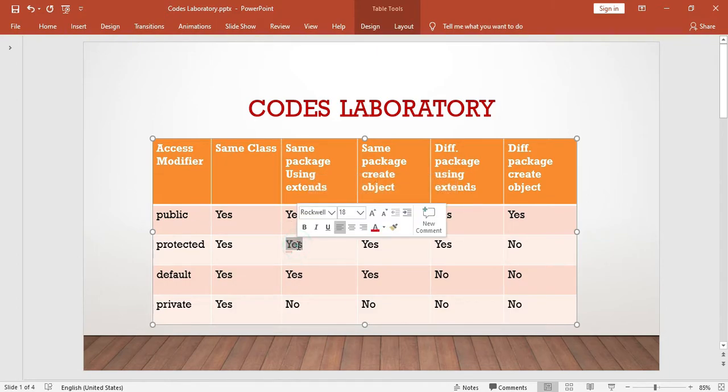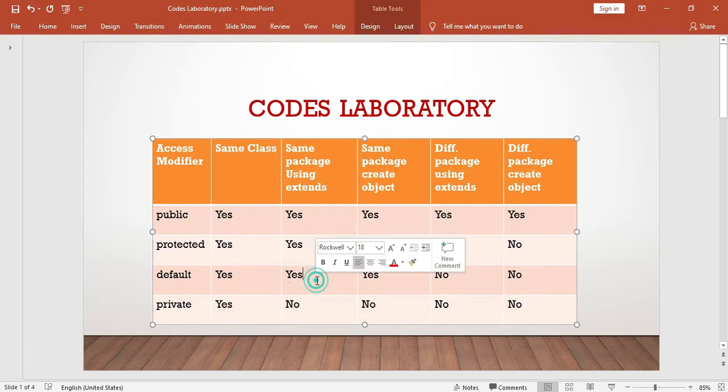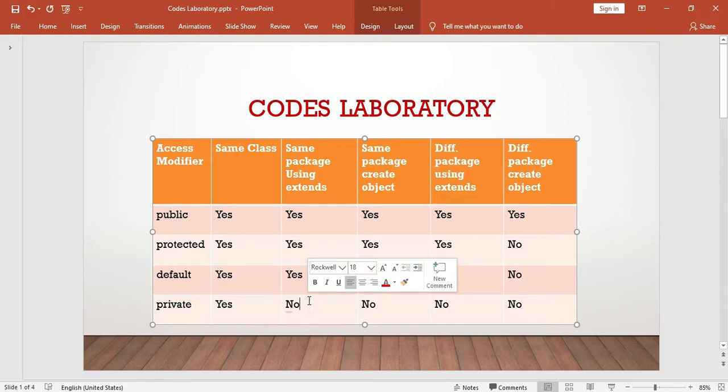If the properties are protected, yes, we can access them also. Default, as we have seen already in our last session, we can access them also. But the private, no, they will not be accessible in another class. Private means you can only access those properties in your class only. If you are trying to access those private properties while creating the child class of your class, then you will not be able to access private properties.